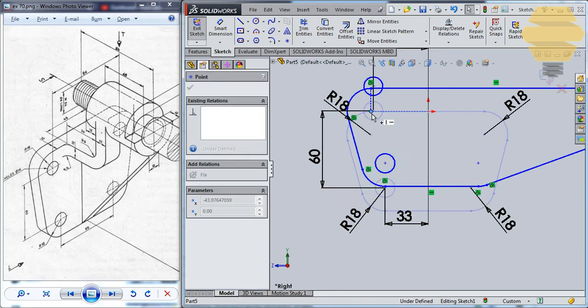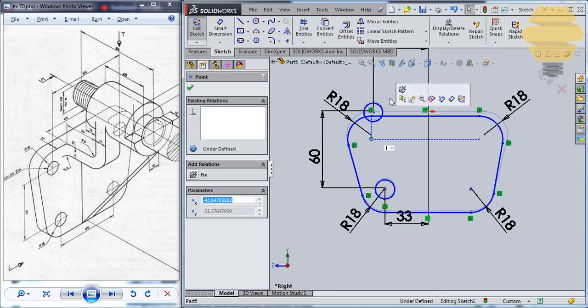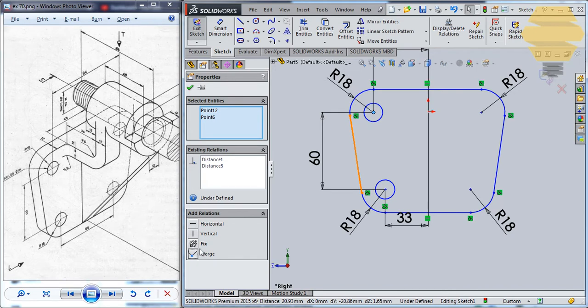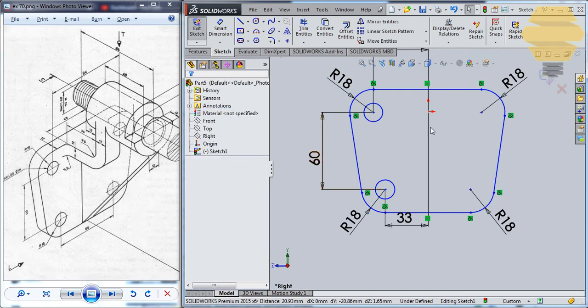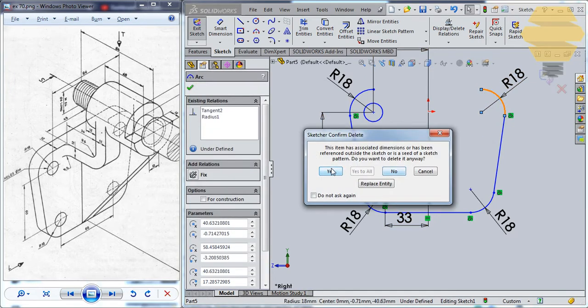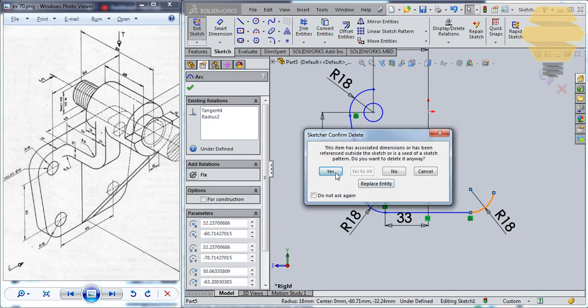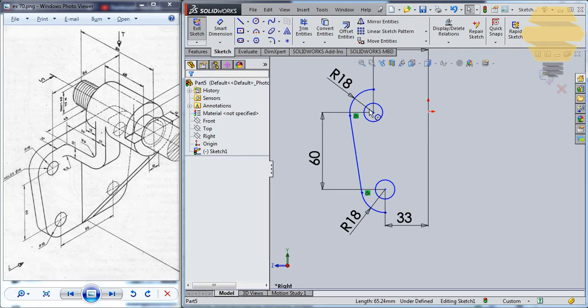Similarly, we'll do this. Select this point and this point here and go for merge. Tick mark. Alright. It's better if we just delete this portion,